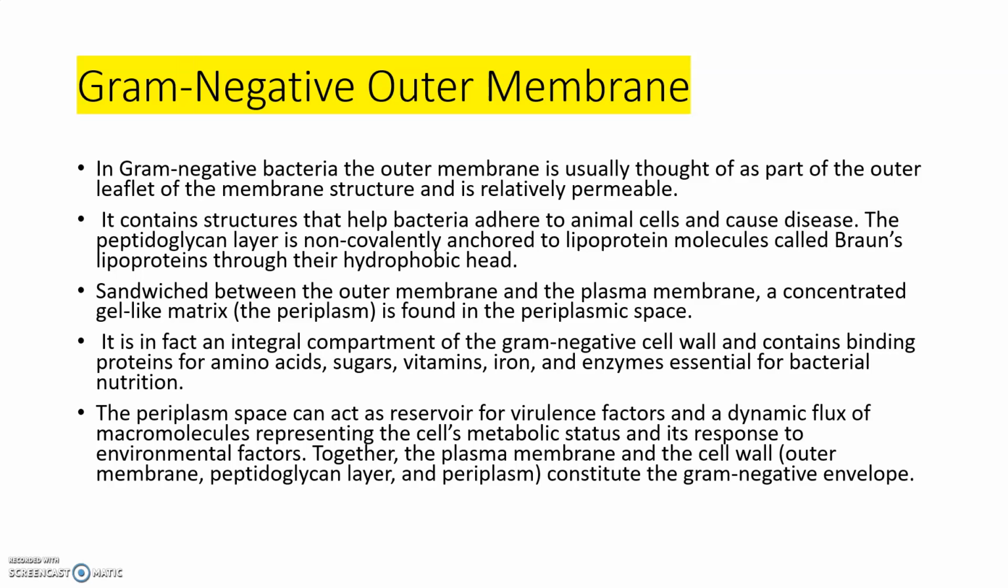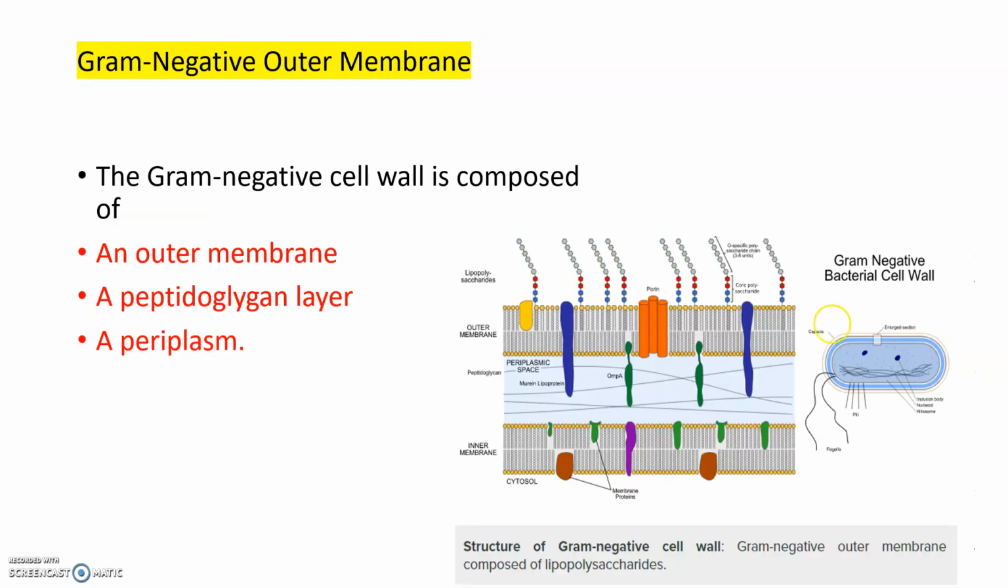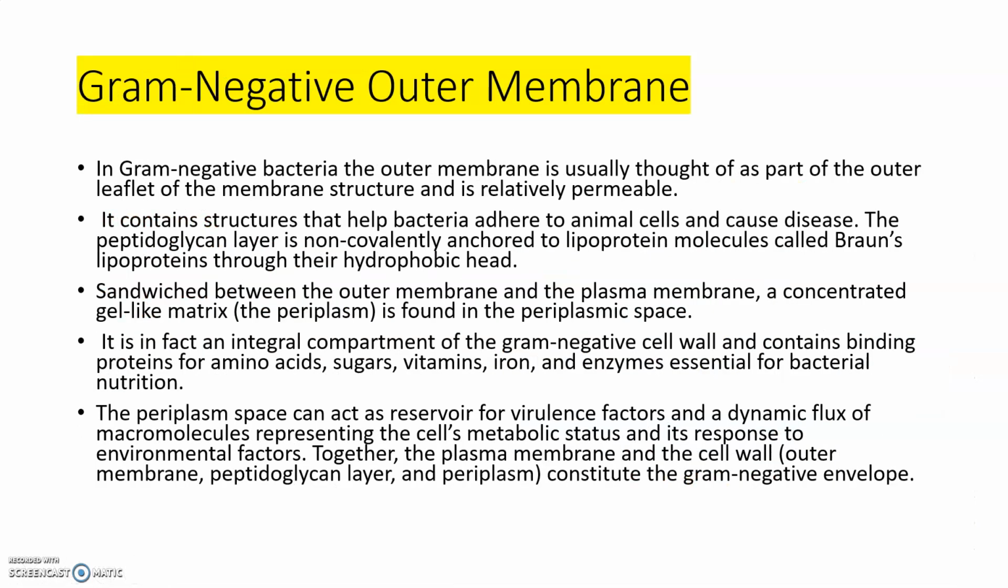Sandwiched between the outer membrane and plasma membrane, a concentrated gel-like matrix is found within the periplasmic space. Look at the picture. This is called periplasm. In between this outer membrane and this peptidoglycan layer, there is a periplasmic space which is filled with a fluid called periplasm. It is in fact an integral component of the gram-negative cell wall, and it contains binding proteins for amino acids, then sugars,